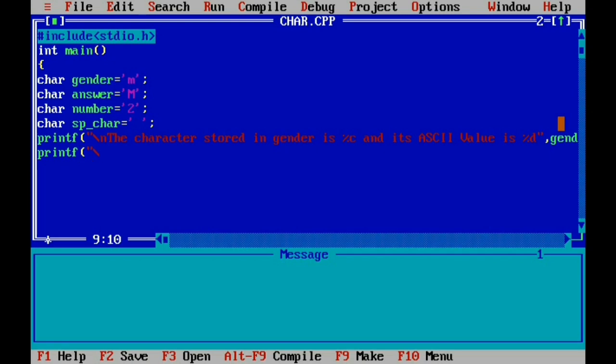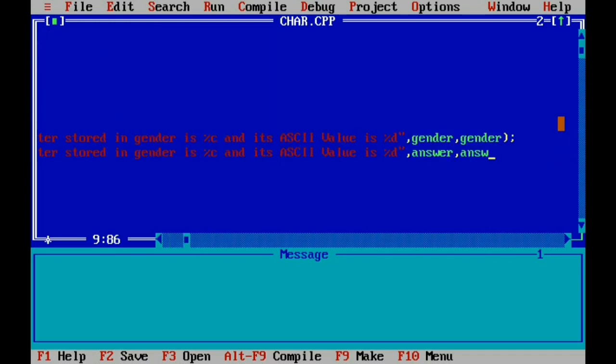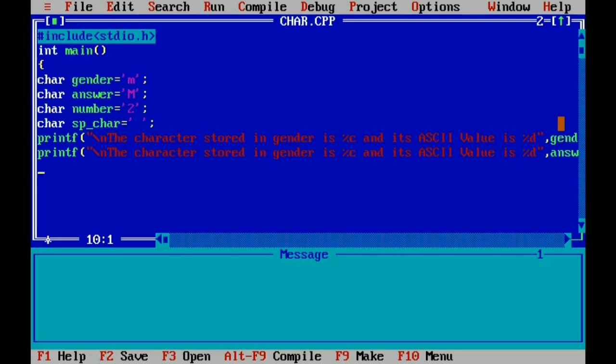bracket, quote, backslash n for next line, then the character stored in gender is %c, and its ASCII value is %d, quote over, comma. Now here you write the answer 2 times, bracket over, semicolon. Now write the third printf statement,